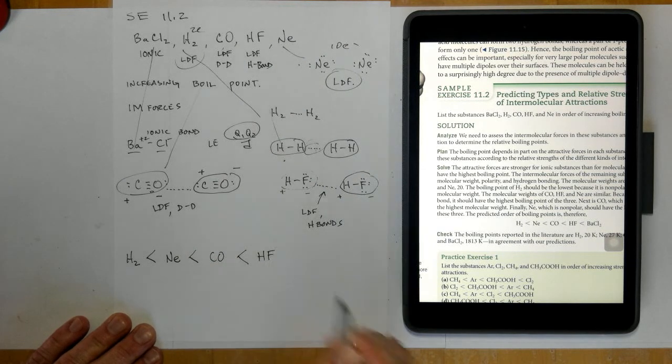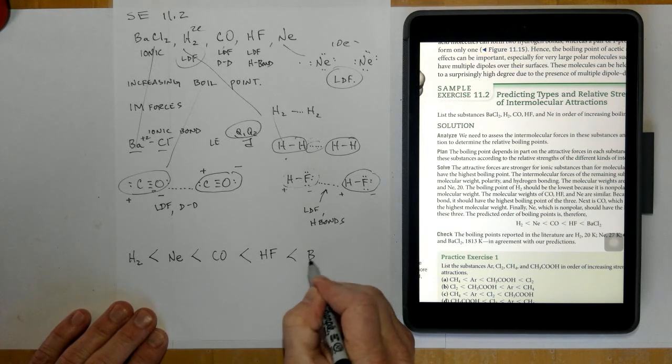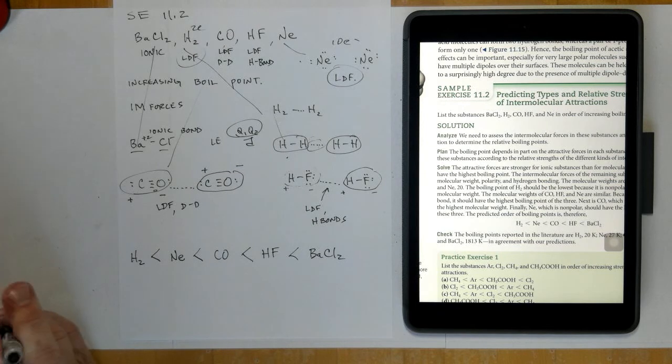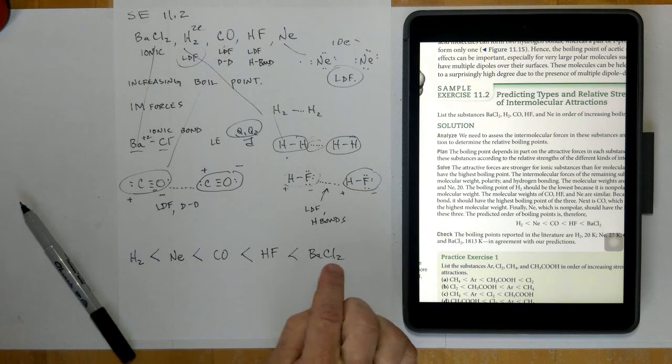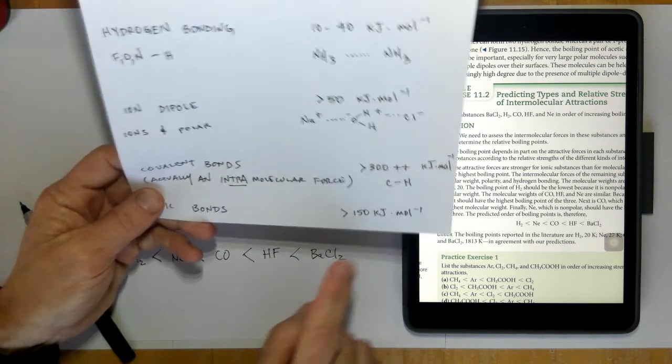Then HF would be our one with the higher boiling point yet, and then lastly would be our BaCl2, that is the highest boiling point one of all, because it is ionically held together by a positive and a negative Ba and Cl, and we know that ionic bonds are